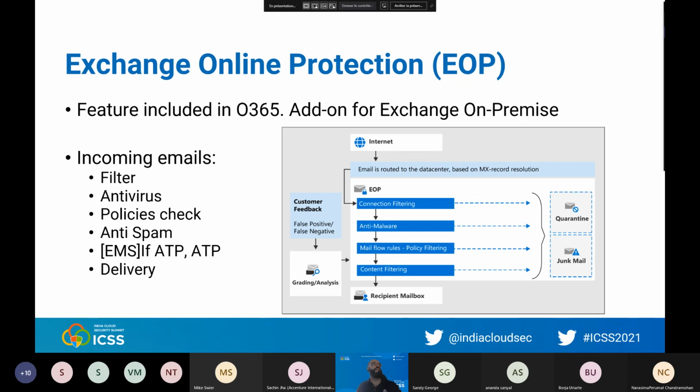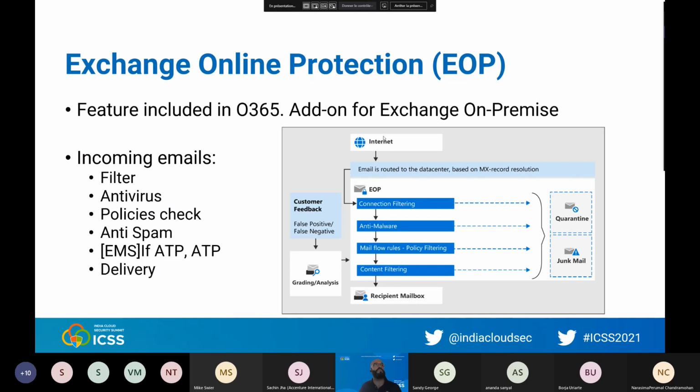About emails and spoofing, you also have to understand that when you buy Exchange Online, there is something called Exchange Online Protection, also known as EOP, which is included in Exchange Online, whatever your licenses. You always have EOP. If you have Exchange on premise, you can buy EOP as an additional license to secure your Exchange on premise. There is an additional cost for that. But for Exchange Online, it's included.